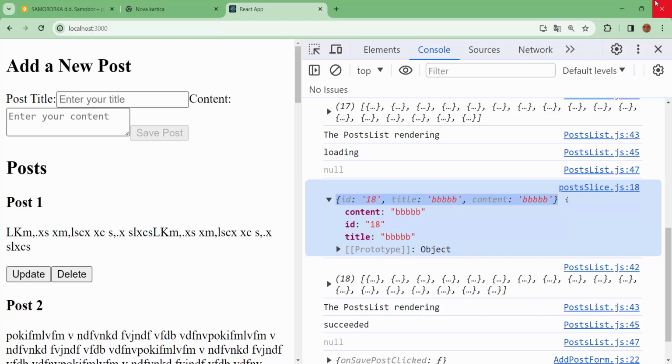And of course, it is a big performance gain to send only one post back, and we local in our browser, our